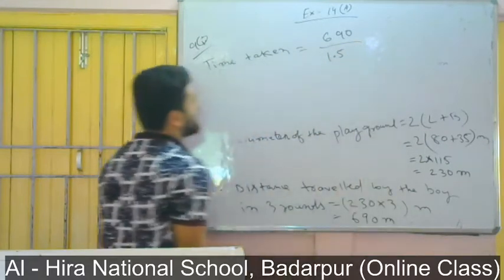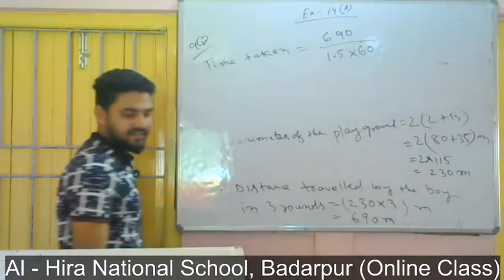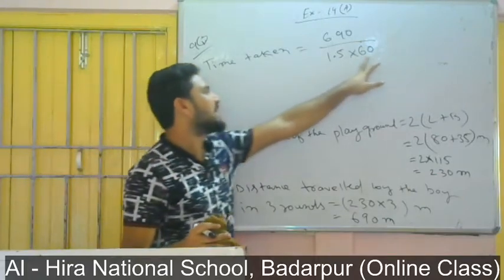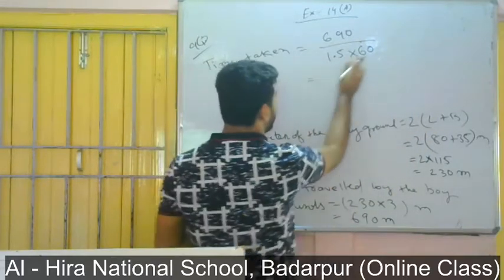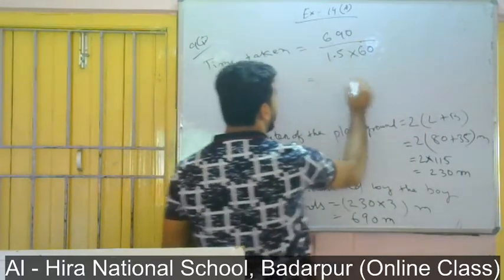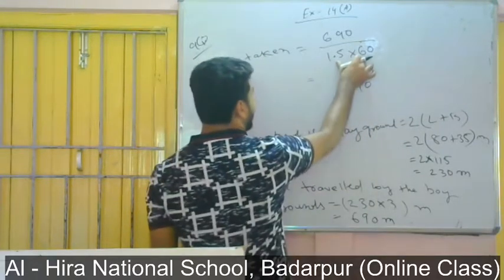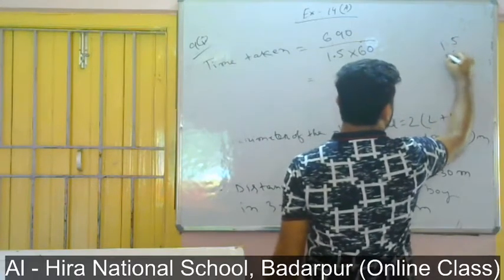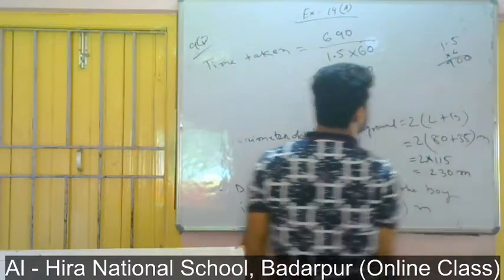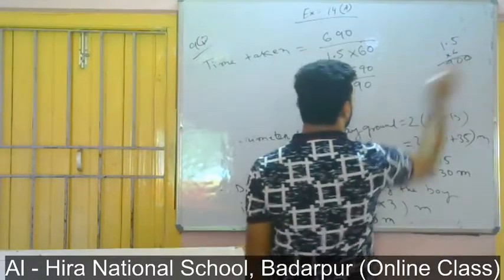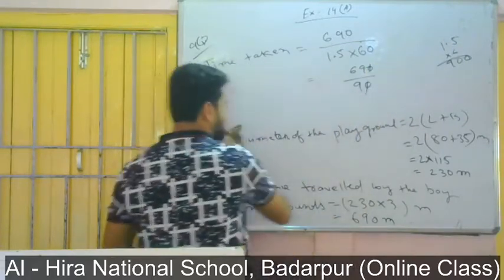Okay, then we will multiply 60 to convert this into meter. It is given per second in the question, so multiply 60 to convert it into minute. So if I multiply, 6 5 are 90. That means 690 by 90. If I multiply, you see, 90 and 10, and 1 point is there. So you cancel 10, and if you divide, then you will get the answer.